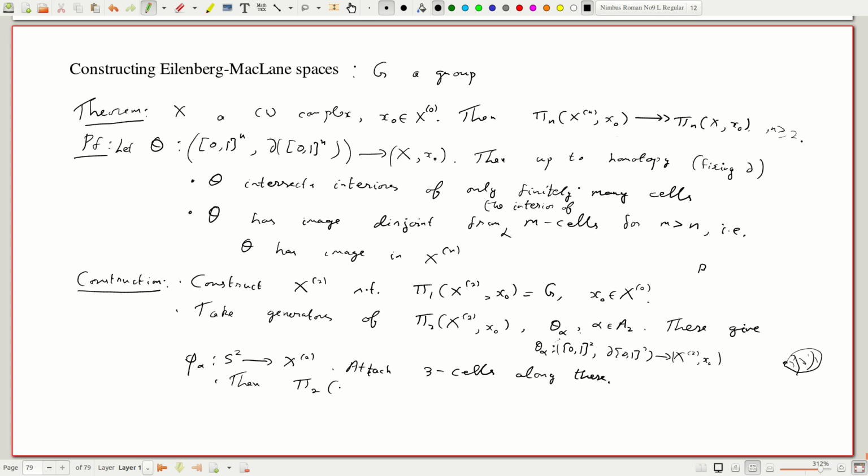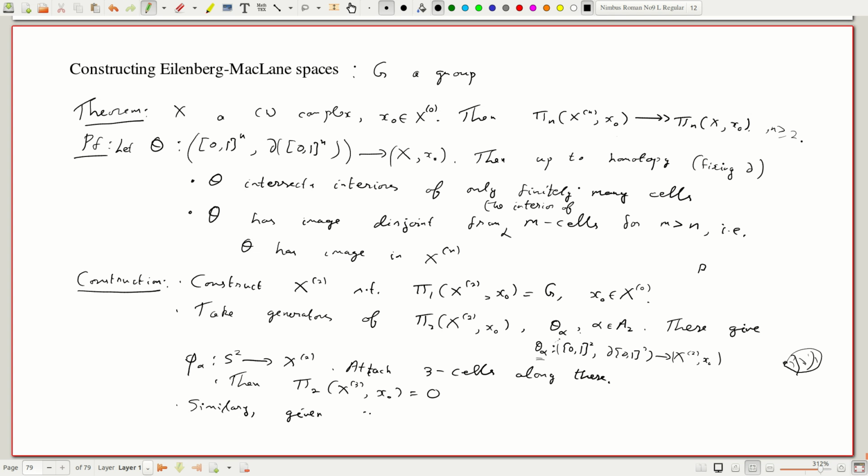Then pi 2 of x3 x0 is trivial. Why is that? Because all these generators theta alpha now become trivial because of the cells we have attached, but by the theorem above, no new generators have been created. So pi 2 of x2 surjects onto pi 2 of x3, but every element is now by construction trivial, and hence the whole pi 2 is trivial. So we have constructed a 3 complex x3 with pi 2 trivial. Similarly,